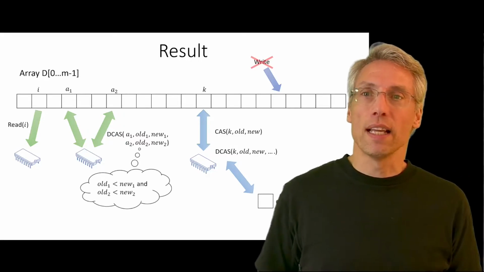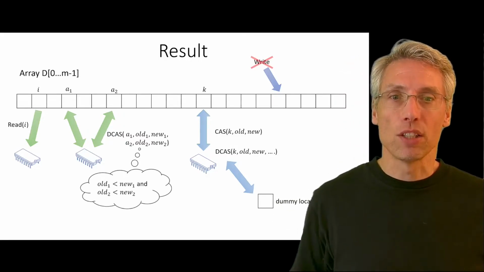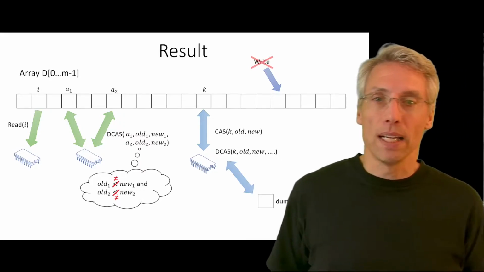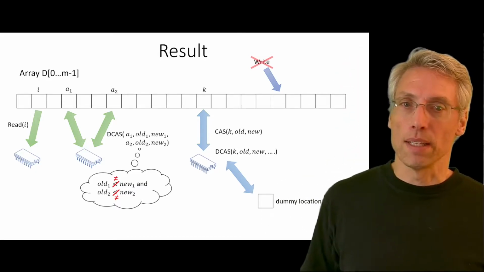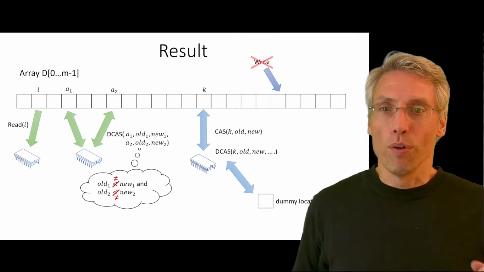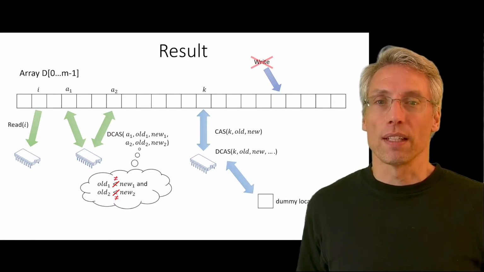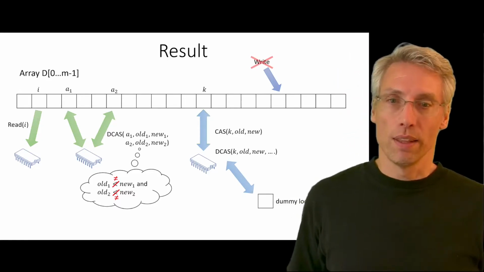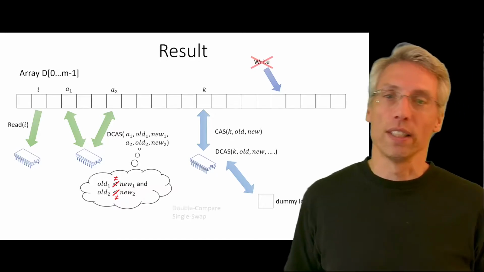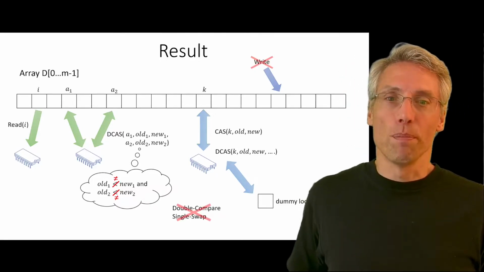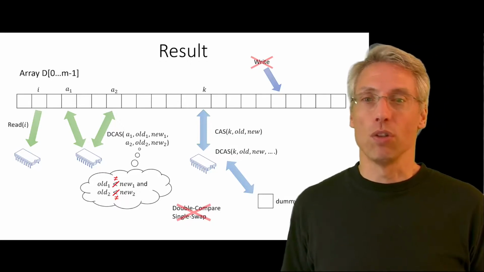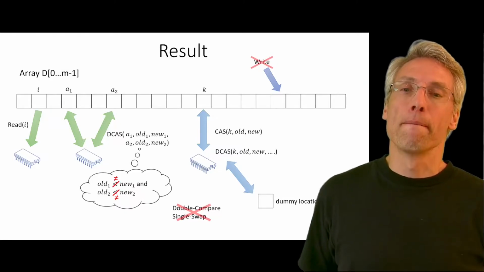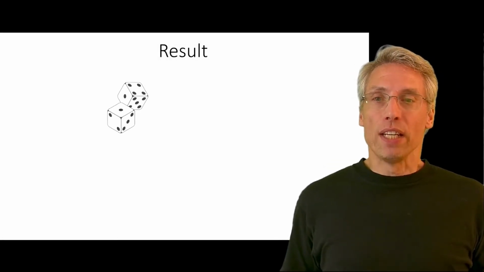Another restriction is that each successful DCAS operation must change both affected addresses to strictly larger new values. But we can simply attach increasing sequence numbers, and then it suffices that both affected addresses must change with a successful DCAS operation, but not necessarily to larger values. However, this still means that we cannot perform something that is called a double compare single swap, which compares two memory locations and conditionally updates only one of them. But this is a common restriction on most algorithms.